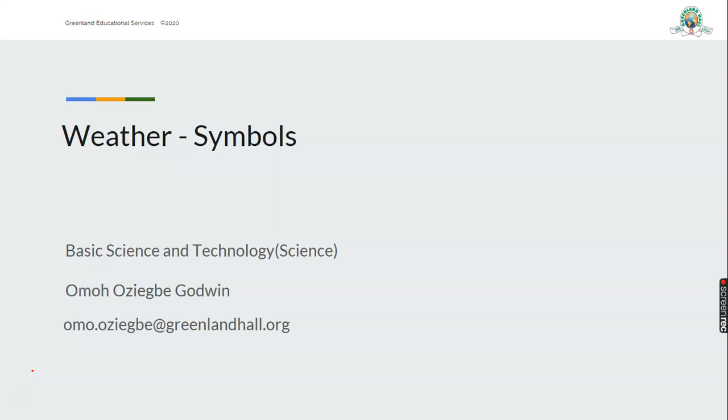Today we're going to learn something interesting about the weather. The weather. People, have you observed the weather lately? Do you know the symbols and what each of the symbols represents? How then can we differentiate between what they tell? Can you describe exactly what each weather symbol represents?